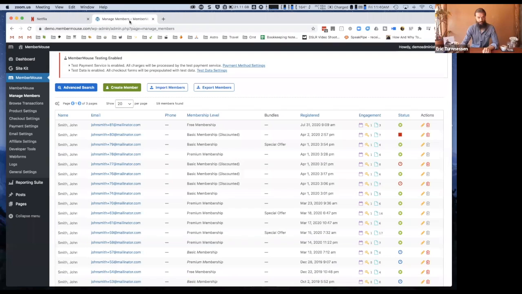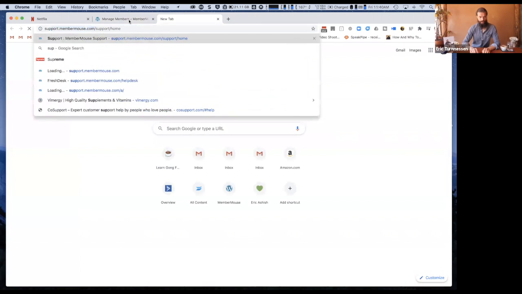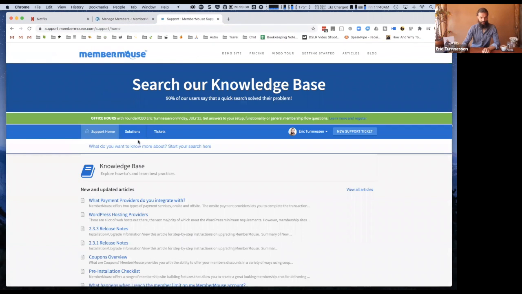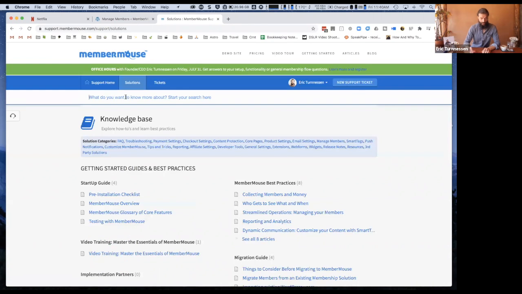Well, you can do both. You can either have a custom checkout page for each membership, or you can dynamically change the content on the checkout page to only show things for the membership that's being purchased. The easier one to explain is the second one, and this I'll just show you. To do this, you're just going to use the order decision smart tag. So I'll go back to our support website, support.membermouse.com, and type in order decision